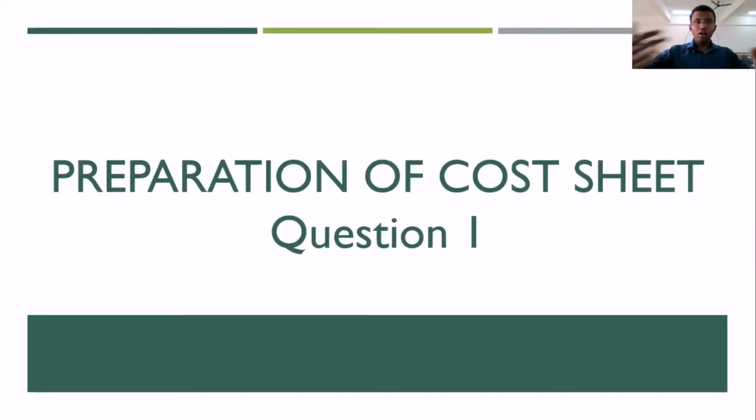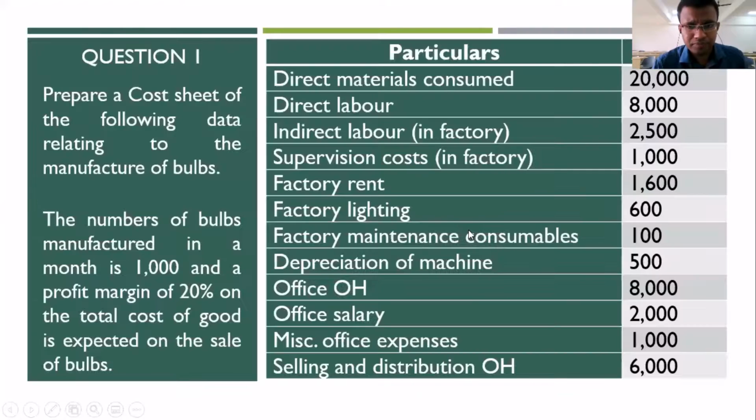Now, before I work out the cost sheet for you, we will look through the question and quickly identify which portion of your cost sheet format those respective items fall under. We will discuss where exactly in your cost sheet each of these expenses will fall. Then on the board, I will be working out the numerical for you.